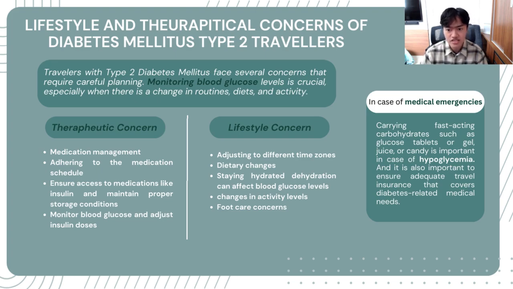Travelers should plan their meals to ensure they consume balanced meals that align with their dietary needs. Staying hydrated is also an important aspect, as dehydration can affect blood glucose levels. Travelers with diabetes should also be mindful of changes in activity levels, as increased or decreased activity can impact blood